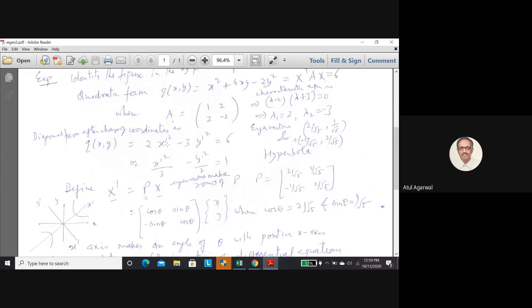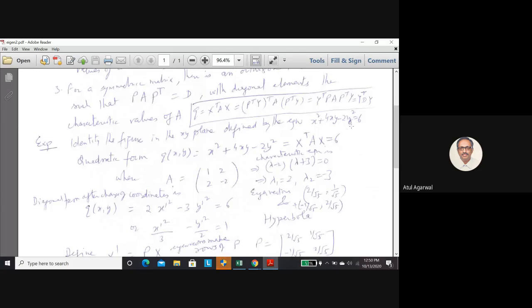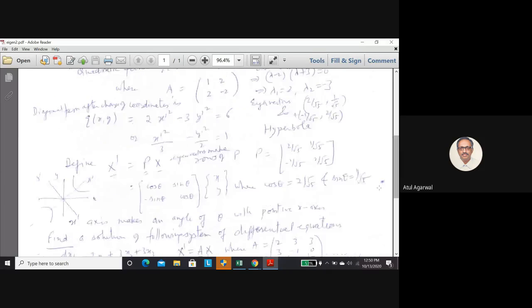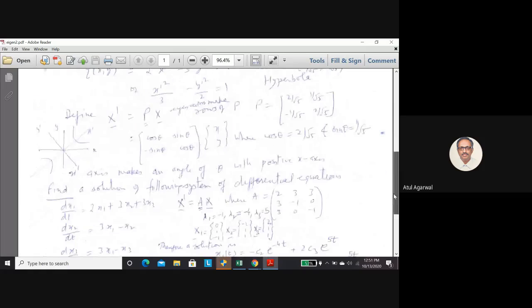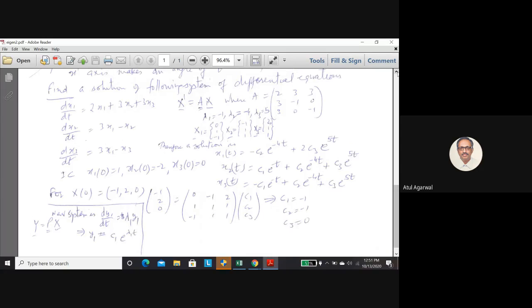So you have got new variables x prime, y prime, where this equation takes a standard canonical form. These are known as canonical forms. This is a standard form of a hyperbolic curve. And here you cannot identify whether this curve is a parabola, ellipse, or hyperbola. But here you can identify. So this approach helps you in finding whether this equation is a parabola, hyperbola, or ellipse. Vijendra Prasad, do you understand?